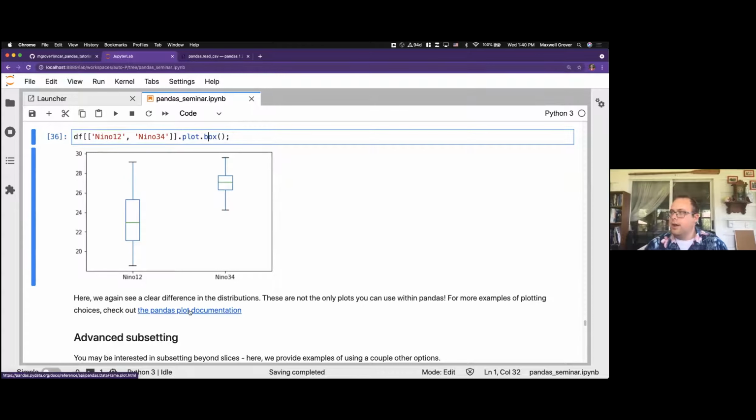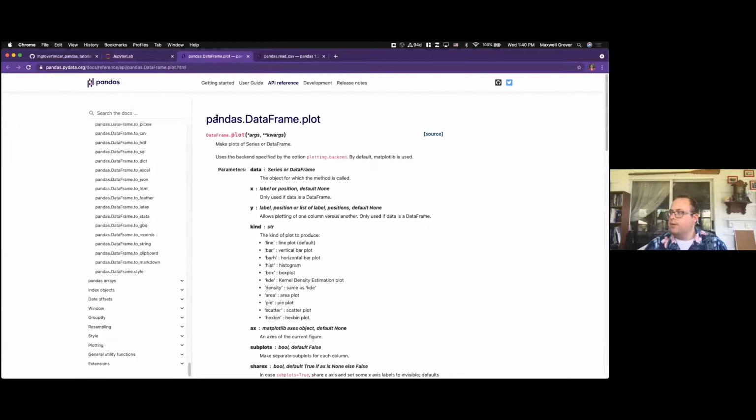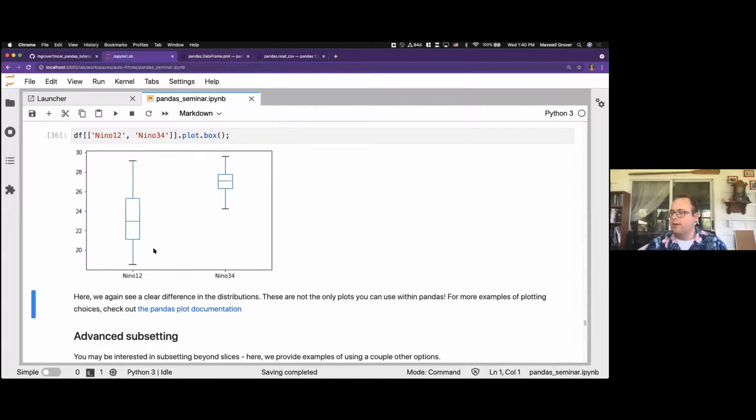And if you're interested in other plots, I'll go ahead and click here. The Pandas documentation includes a list of the different kinds of plots you can create. Again, the default is this line plot. We used hist as well as the box plot, but feel free to explore some of these other plots. Some of them require both an X and Y variable, so be cognizant of that. But again, there are some really great tools in terms of just one-liners that you'd be able to use to create some of